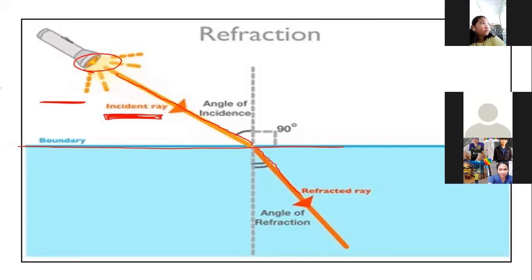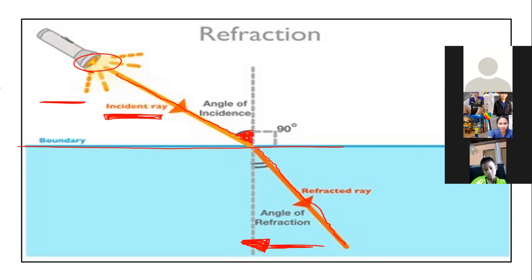It bends. It refracts. The light refracts, going to your left. So here, look at this one. The angle of incidence, I will color it red. As you can see, the angle of incidence from the incident ray is bigger, is greater, than the angle of refraction, the color blue. See? So that is not equal already because